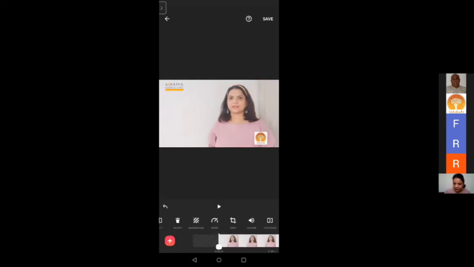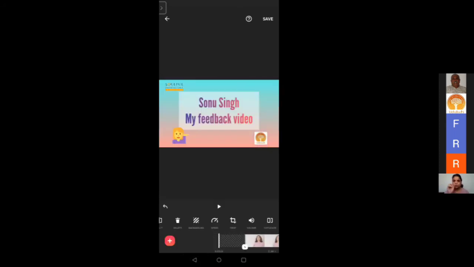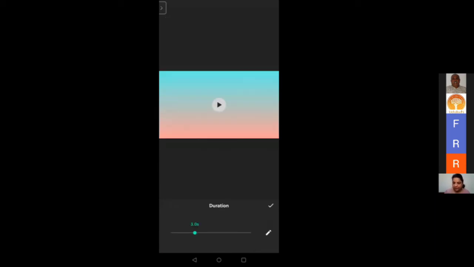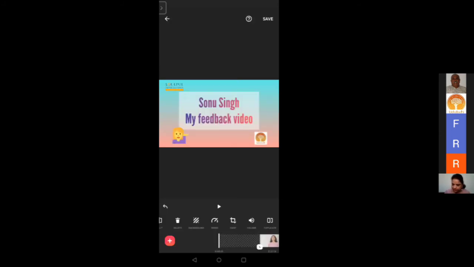But in general, if you select outside, like you have not selected any of the frames, and then you go to the speed, then you can set the speed of each frame. Yeah, it says customize. Correct. I got it. It's custom. So if you want a frame for 5 seconds, it will stay for 5 seconds, and if you want a frame for 2 seconds, it will stay for 2 seconds.